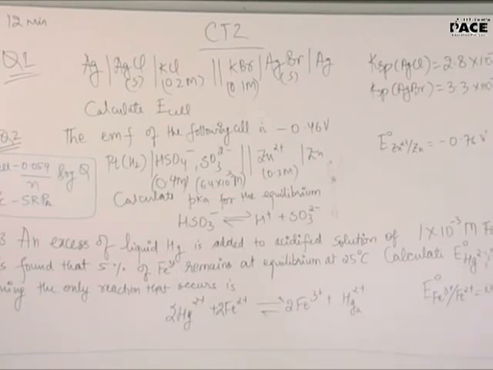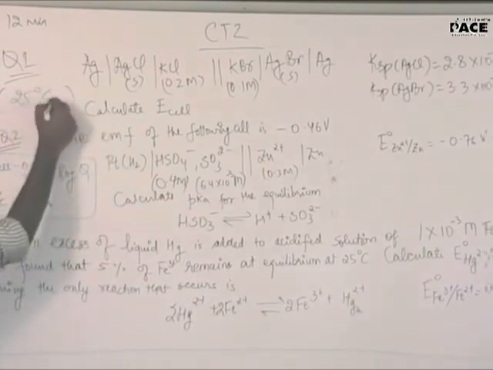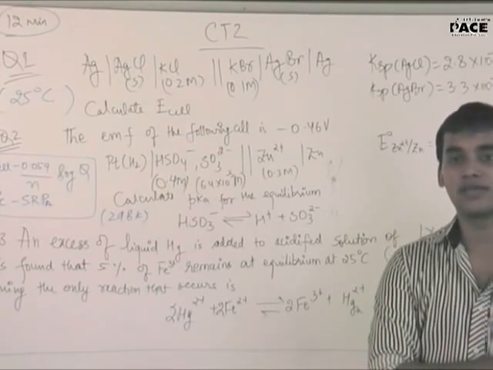Assuming the temperature to be 25. Okay, then how do you calculate E cell then? I'm asking you, are we assuming? No, we are not assuming. So then we can't use 0.059. You can use it, it is a concentration cell. We are assuming temperature 25 degrees Celsius. At 25 Celsius.